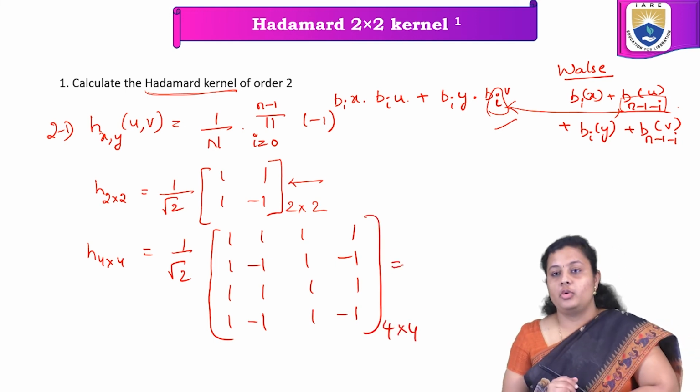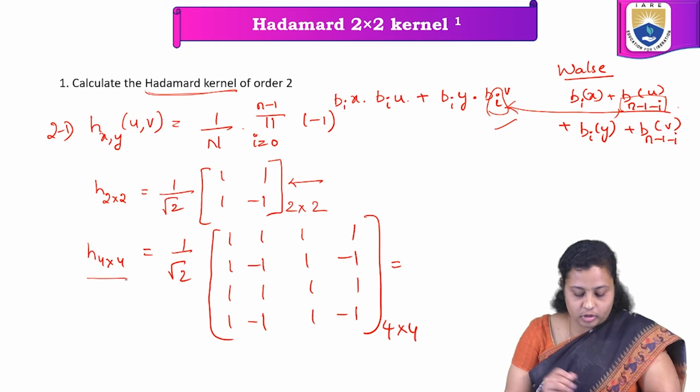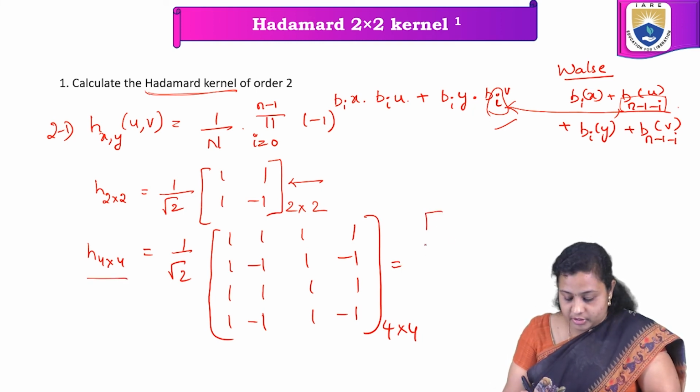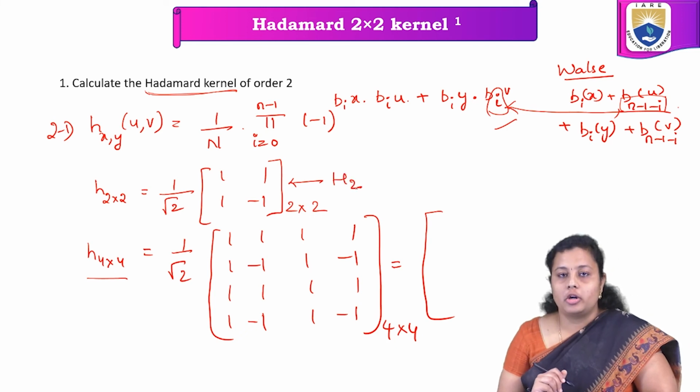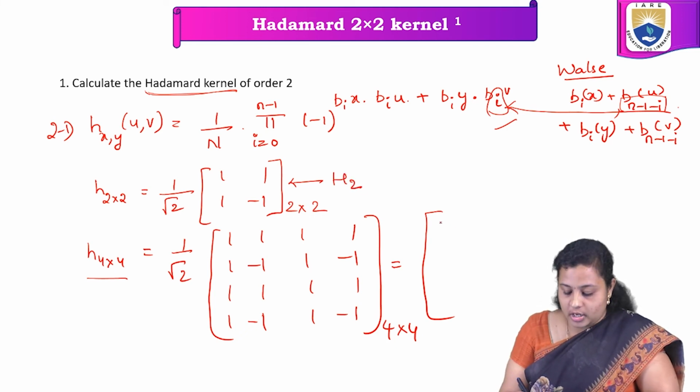From this, if you observe, the same 4 cross 4 matrix can be represented by, if I represent my 2 by 2 order kernel as H2, then I can represent my 4 kernel as H2, H2, H2, minus H2,